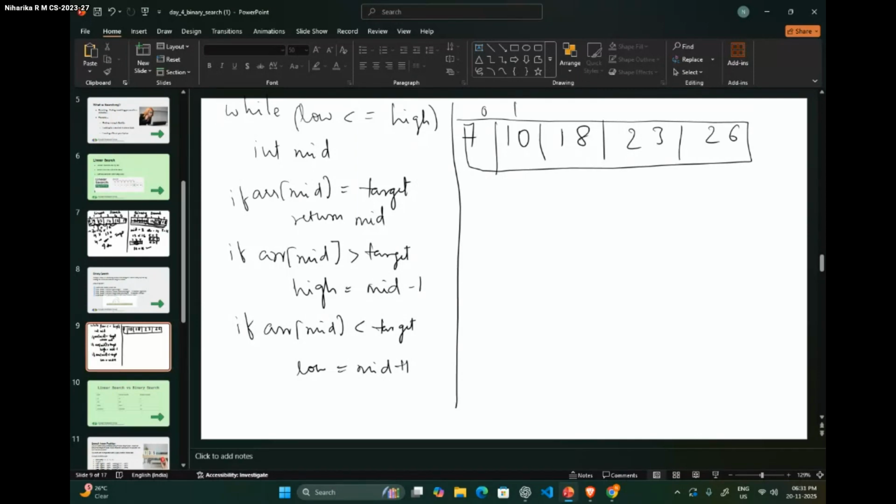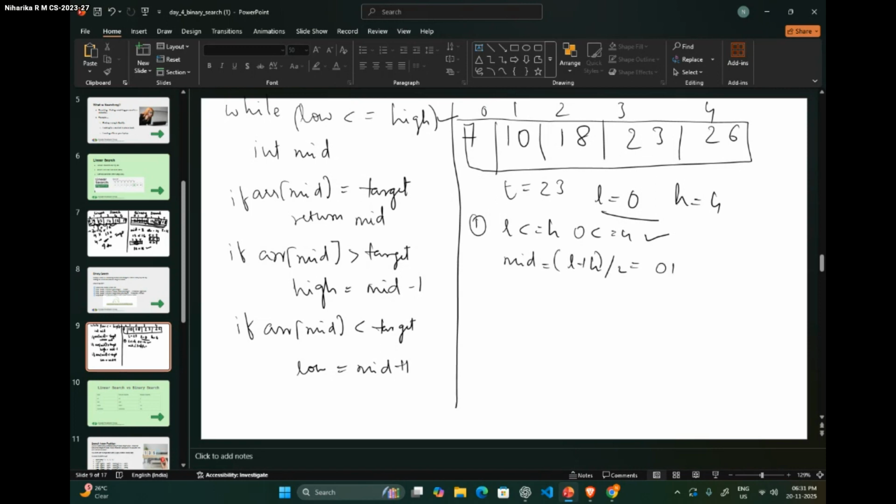So we'll have to give them indexes. Let our target be 23. So what do we do in the first case? Here our low is equal to 0, high is equal to 4. First we're checking if low is less than or equal to high. 0 is less than or equal to 4, it is true. So we pass this case. And then we find mid. Mid is nothing but low plus high by 2.